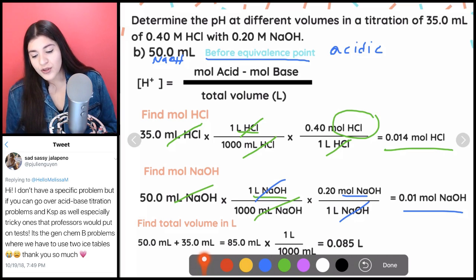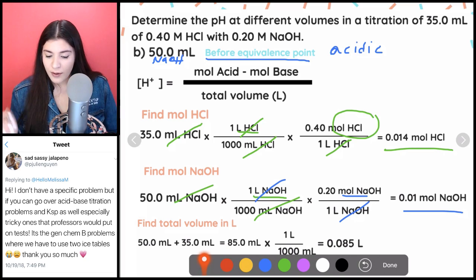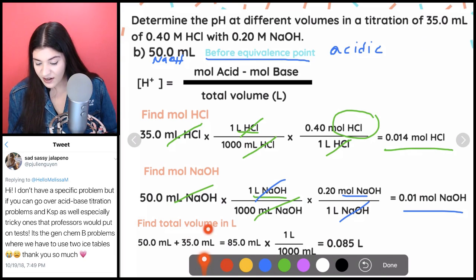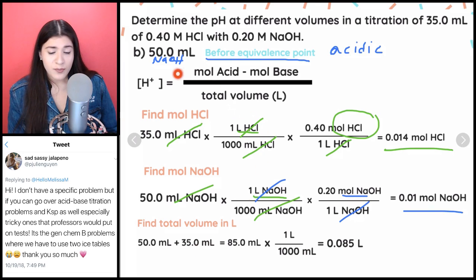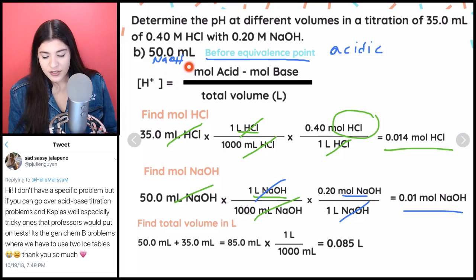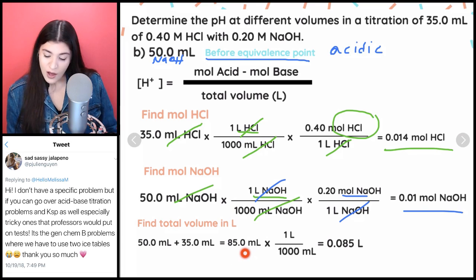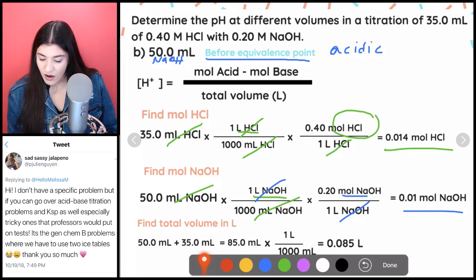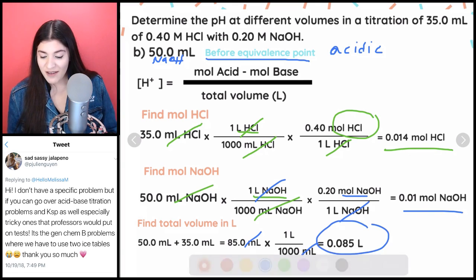And then next, with our total volume, where I'm taking this from is we initially were given 35 milliliters of acid, right? And I have that here. Then next, we're also given in part B 50 milliliters. And yes, this will change each time depending on the part that you're on. So for part C, it will change, just letting you know. So we'll add those two together, which gives us 85. However, we want this to be in liters. So since this has to be in liters, our milliliters and milliliters will cancel. And now we have it in liters, and okay, we have everything so far.